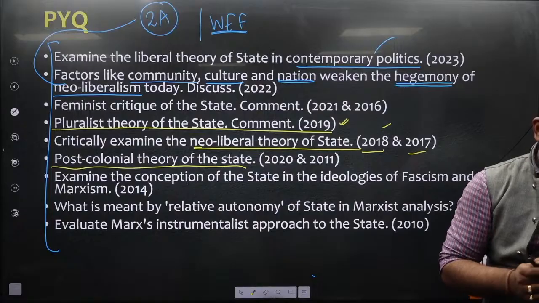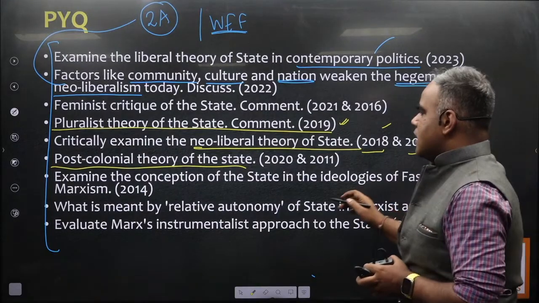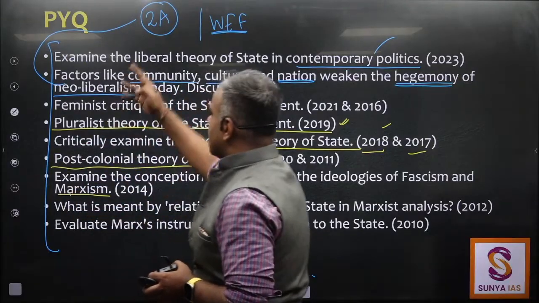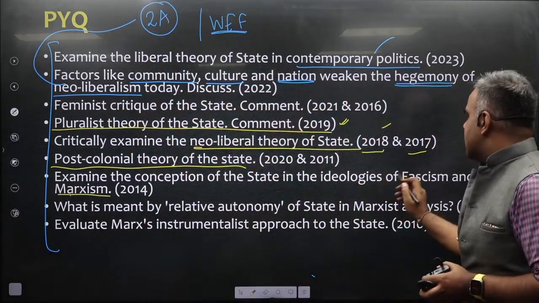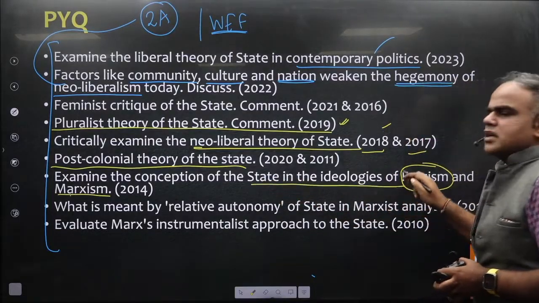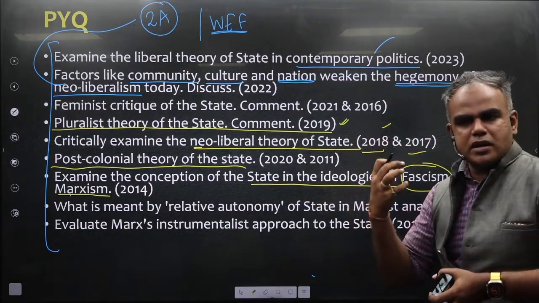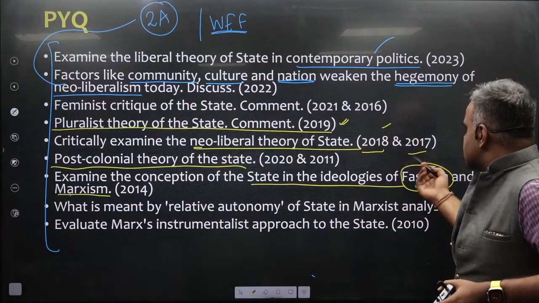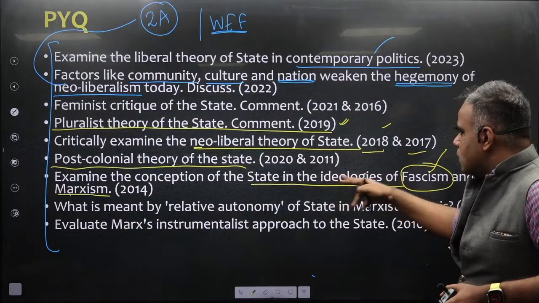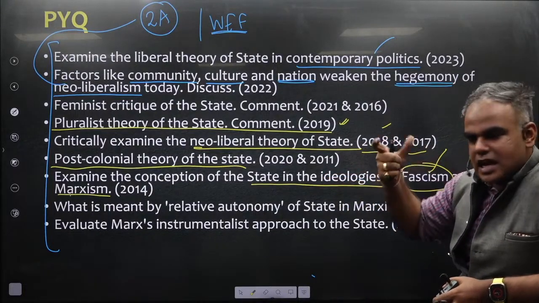हाँ. In the ideology of Marxism and fascism. ये वाला जो क्वेश्चन है इसमें, because Marxism was mentioned, so I've taken it up here. But of course, ideology of fascism. So when we will do fascism, then we'll see the conception of state, its intellectual precursors, from where all it has taken. For example, यहाँ पे भी फिर हम बात करेंगे right from Plato to the works of other thinkers, how the conception of state has also gone through.